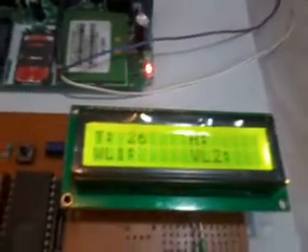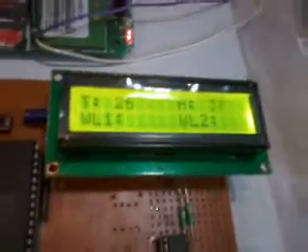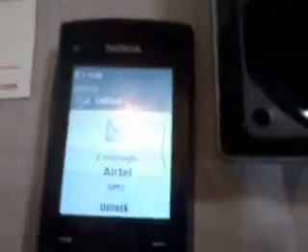So in this project, I was counting 5 times that there is no water in the field. It will send one SMS. After the 5th count is over, there is no need to send an SMS, and automatically the motor will be on. After that we got the SMS from that field: water not available, motor automatically on.